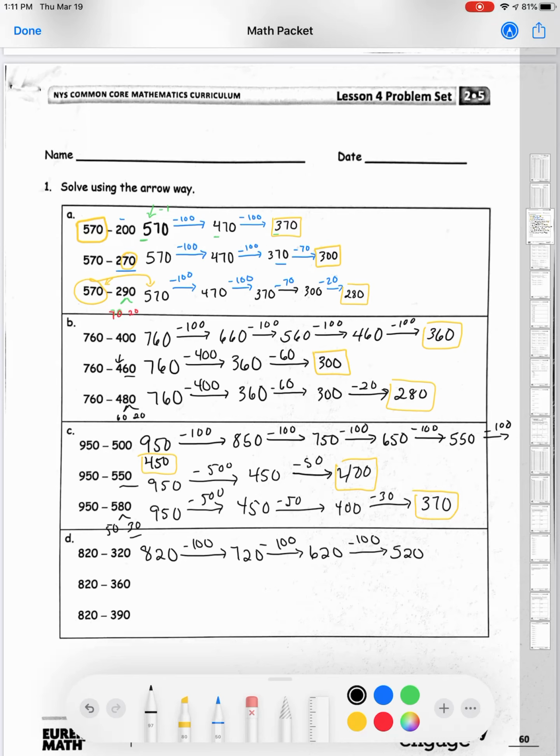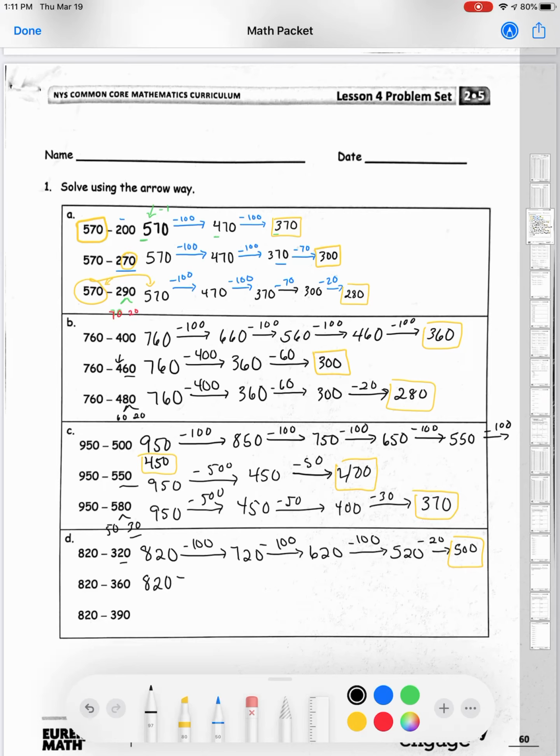But this time it's not I have to take away 20 there. So now I took away 20 and that puts me at 500. That's my answer. See? 3 hundreds, 2 tens, and 0 ones. 1, 2, 300, 320. Okay, so now let's do